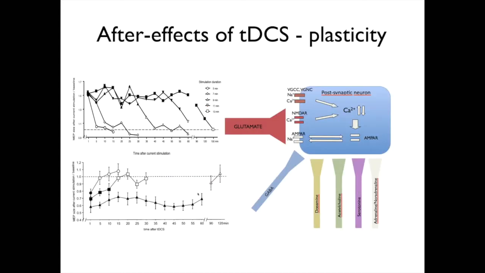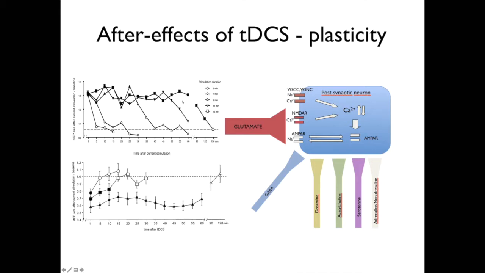But if you stimulate for a longer time, so we stimulated here between 5 and 13 minutes with the anode over the target area, again motor cortex, you can see that with 5 and 7 minutes stimulation, you get an enhancement of cortical excitability, which however lasts relatively shortly, so only for a few minutes. And if you stimulate for a longer time, you get longer lasting excitability enhancement, lasting here for about 60 minutes after